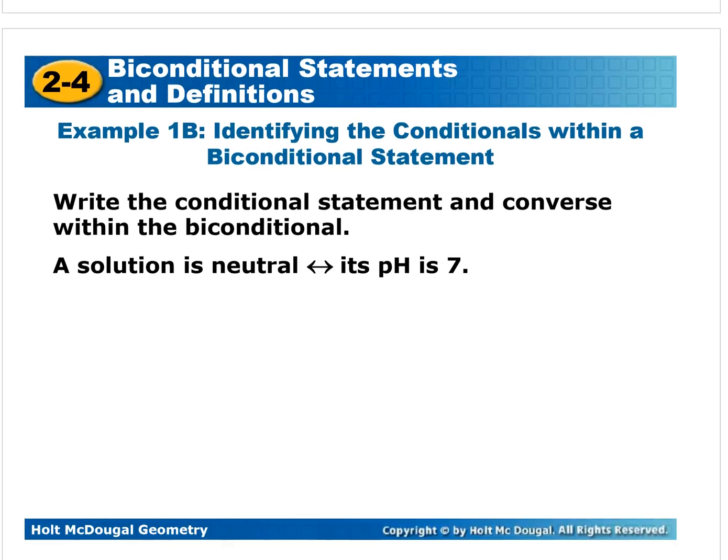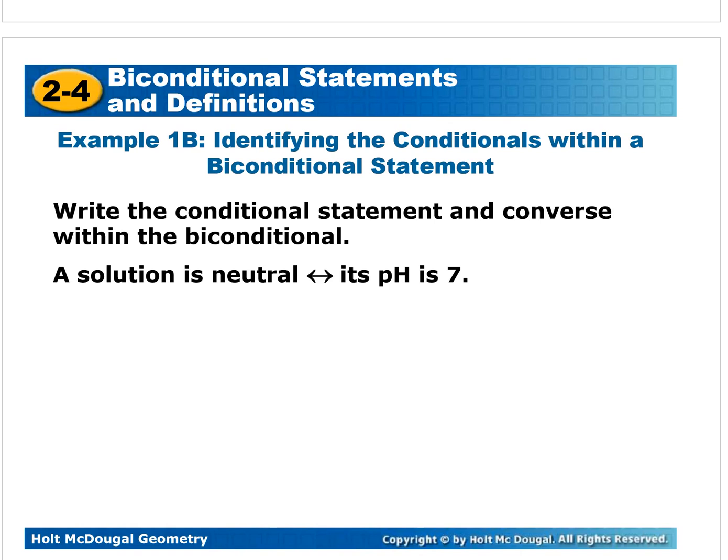Okay, let's practice with the next one. This time they didn't write the words if and only if. They used the arrows. It means the same thing. So we're going to do this. We're going to find our P, which is this, and our Q, which is this. And then we're going to write our conditional statement first, our regular one. We're going to start with if. So if a solution is neutral,